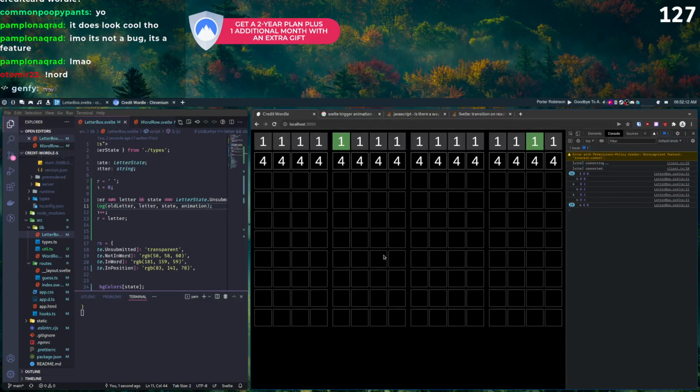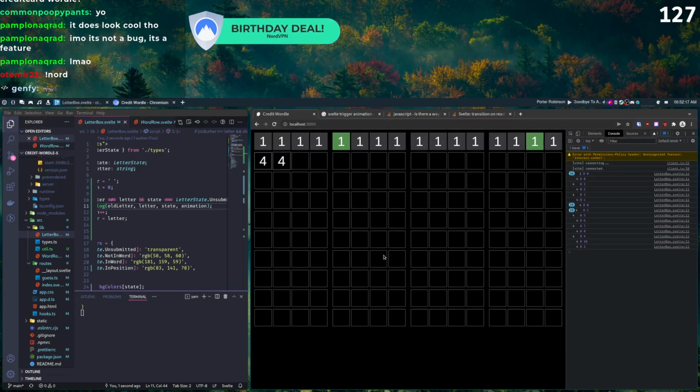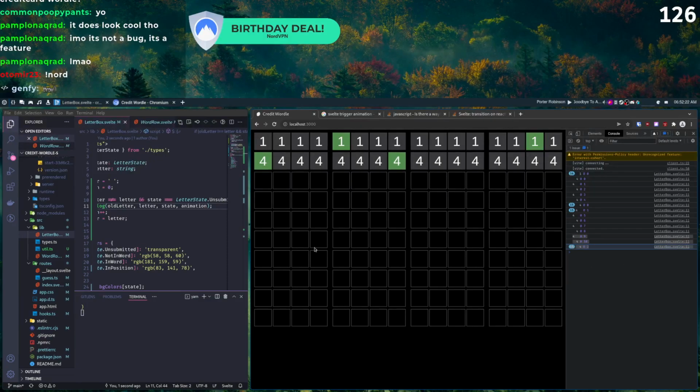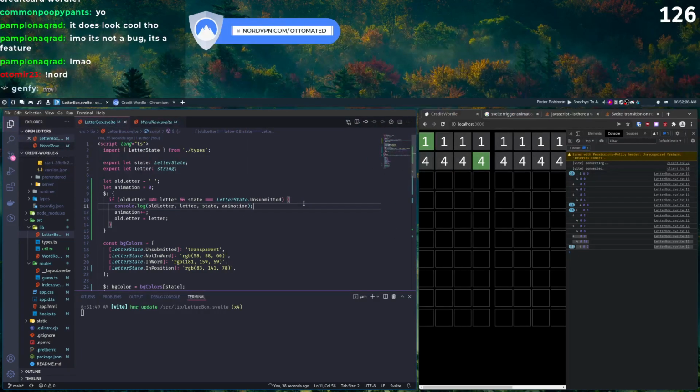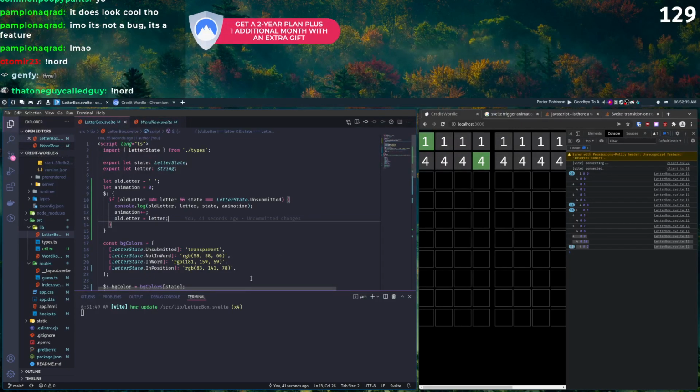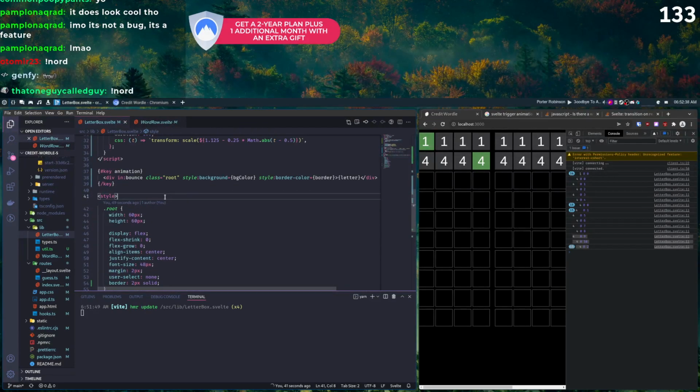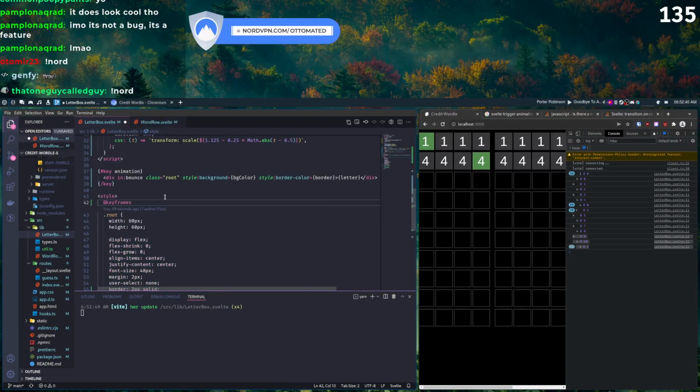I've noticed that the only things being printed out in the console are when I do want it to do the animation. Every time this line of code gets called, that is when I want to do the animation. My method of triggering the animation is just not correct. So what if I trigger a different kind of animation from here? Like a CSS animation or something. Like keyframes, bounce, and then I would start